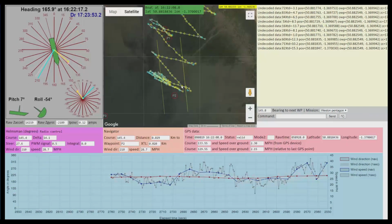So that's basically why it kept getting stuck going backwards and forwards in this line. I fixed that problem now. But another interesting thing about this was that I eventually decided to radio control it at this point here. I switched radio control on as shown by the magenta, and all I did was leave the joystick alone, so the effect of the radio control was to keep the rudder central, as shown by this very low PWM signal here, despite the fact that the autopilot has still got full starboard rudder. And the boat sailed with a completely centralised rudder